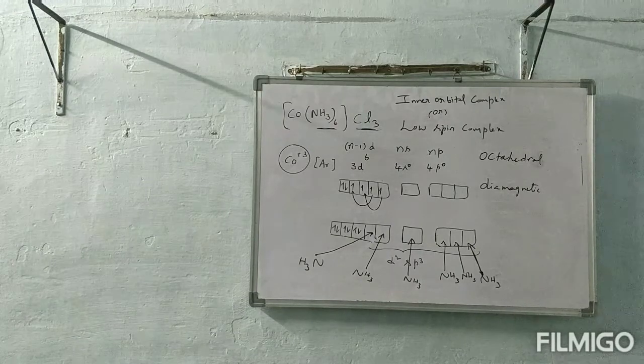Next, inner orbital complex, you got clarity. Low spin complex, you got clarity. Structure octahedral, magnetic nature diamagnetic. These are all successfully explained by valence bond theory. Okay, now next example is